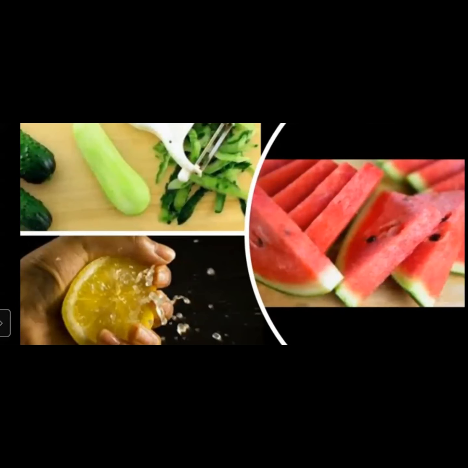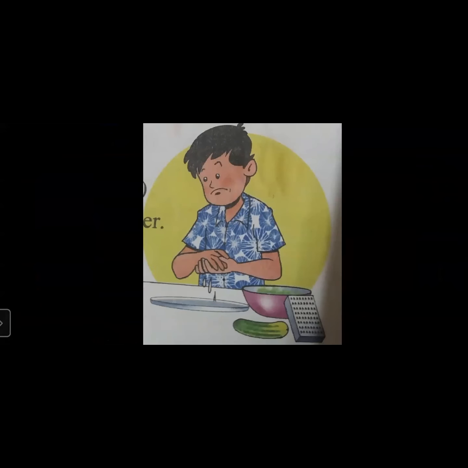lemon, watermelon, children. These are all summer fruits. They contain a lot of water in them. So we feel like drinking the juices or eating these fruits, right? We love to eat cucumber. We love to eat watermelon during this season. Now, children, tell me,